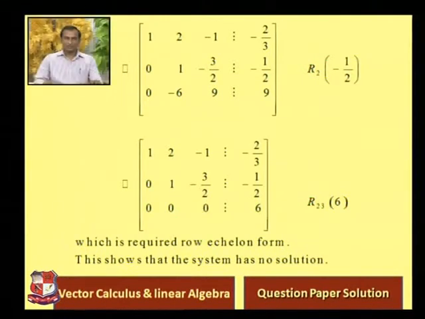So now using this second leading one, convert the lower element in this column to 0. So -6 is converted to 0 by multiplying the second row by 6 and adding to the third. So we get in the last